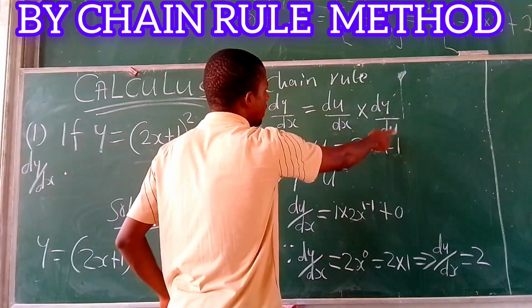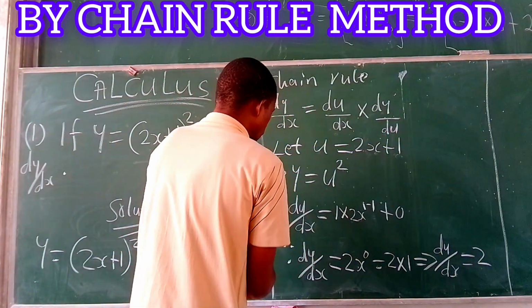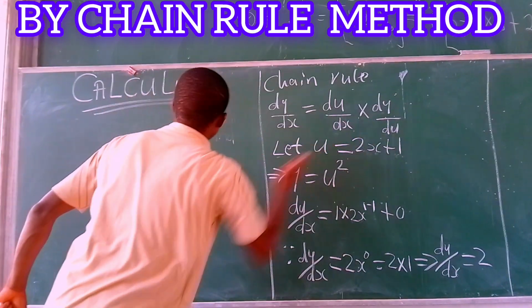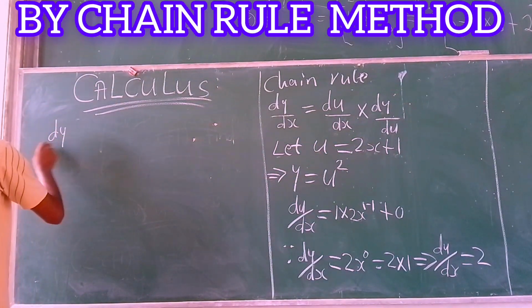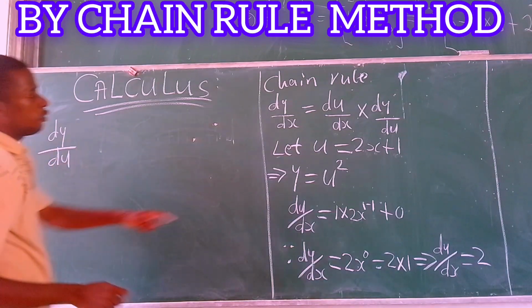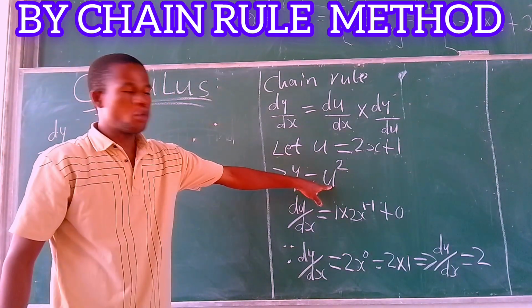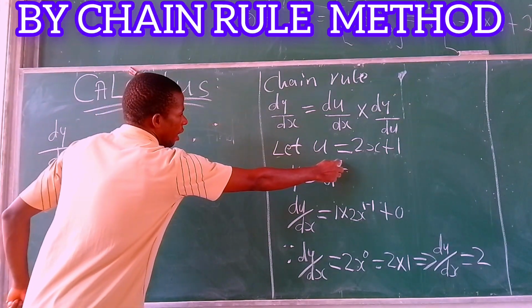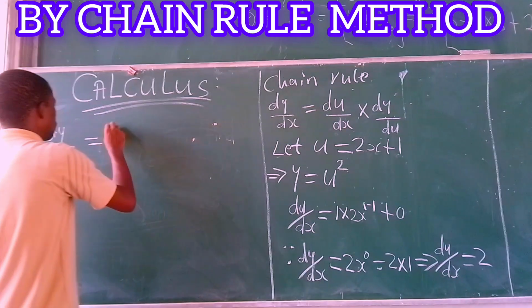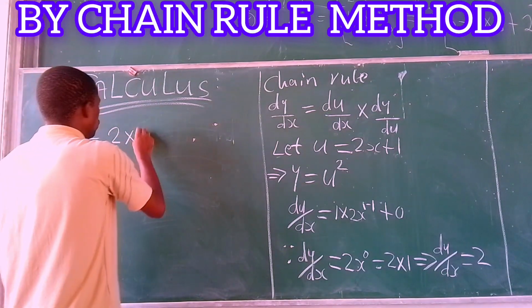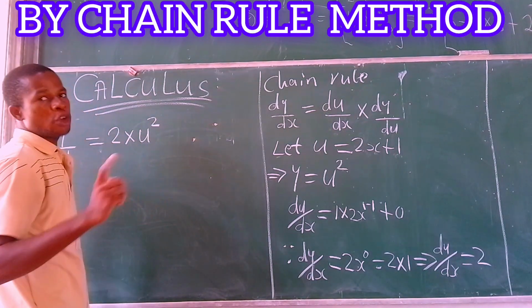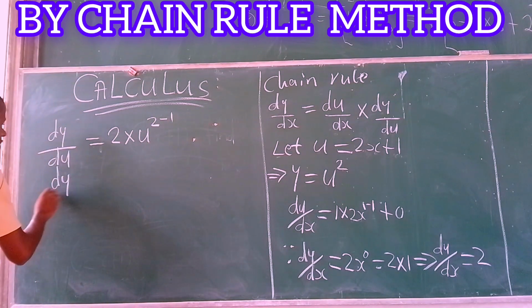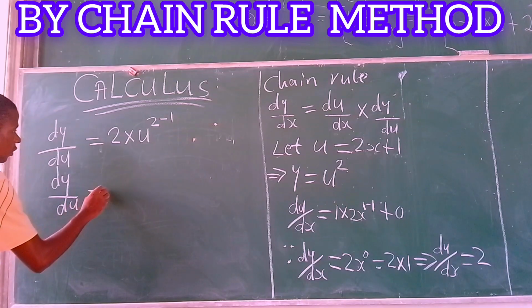Now let's find our dy over du. Now we are going to derive this. We are differentiating y with respect to u. That is what we mean by dy over du. So if we differentiate this, the power is going to multiply the entire function. So we are going to have 2 times u raised to the power of 2, then we subtract 1 from the power. So our dy over du is equal to